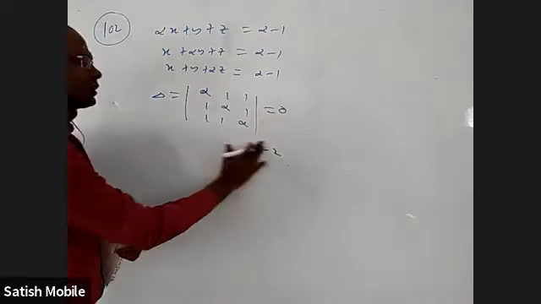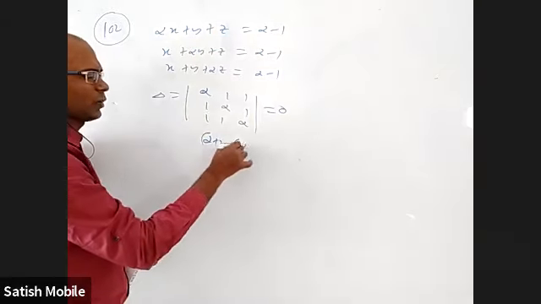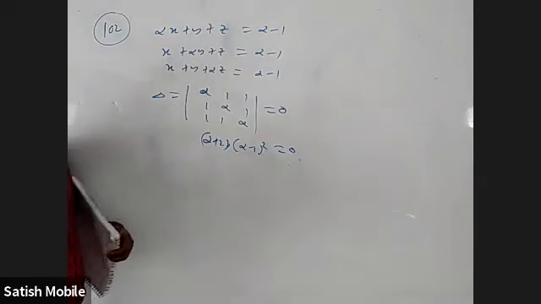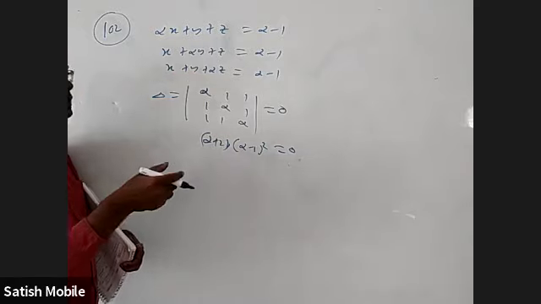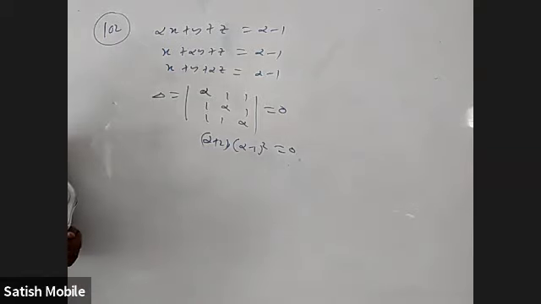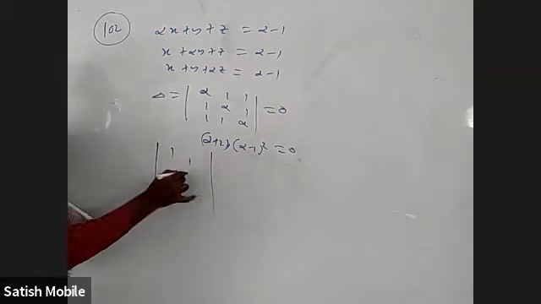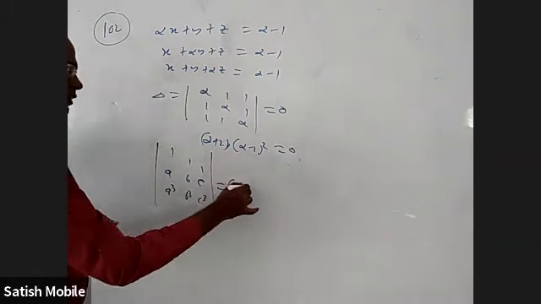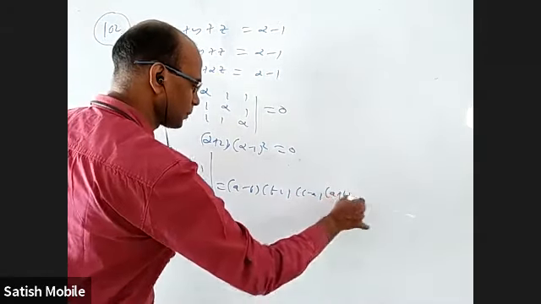In fact, if you expand this, add all the rows, you'll get alpha plus 2 common. It is alpha plus 2 into alpha minus 1 whole square actually. Because whenever you substitute alpha equal to 1, if 2 columns are equal, that is 0. It is a factor once. If 3 columns are equal, it is at least a factor twice. Okay. In fact, coming to this, 1 a a cube, 1 b b cube, 1 c c cube is directly a minus b into b minus c into c minus a into a plus b plus c.